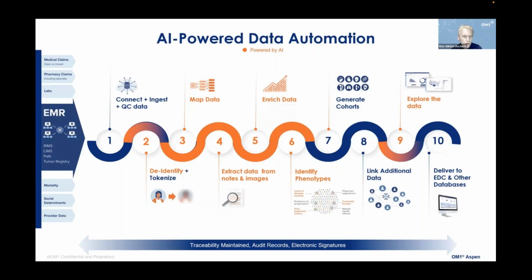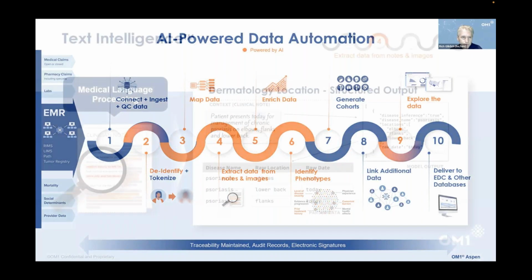Sixth step, which is incredibly interesting and useful, particularly in subtyping diseases or in rare diseases, is we leverage phenotypes or a phenotyping engine. And I'll go into details on that. And then there may be other steps where from a large data set, we create different cohorts. We may link additional data. We may want to explore the data as it's being processed and leverage generative AI for that as well. And I'll go through some examples as we continue.